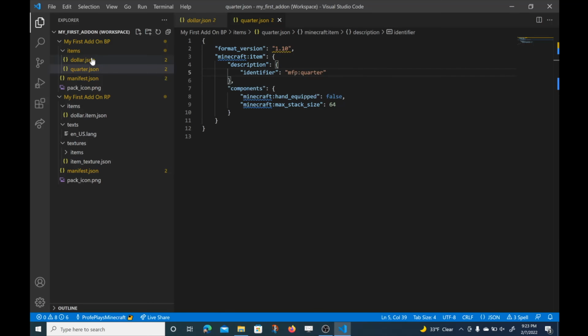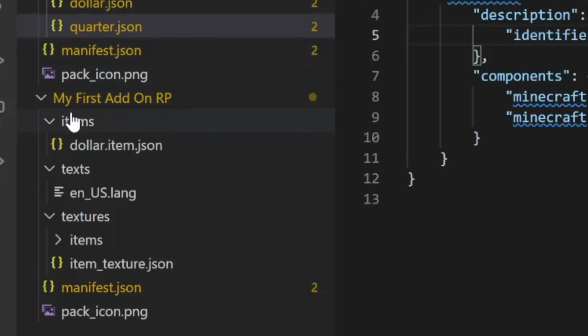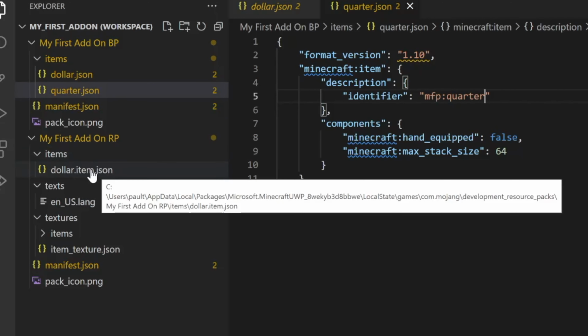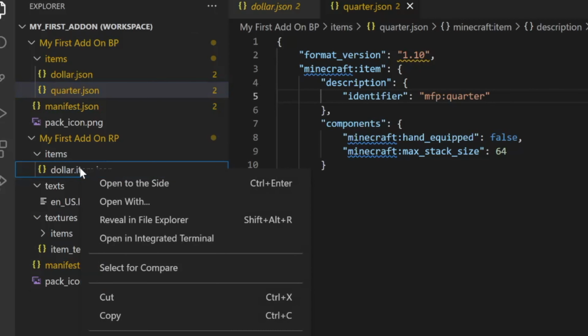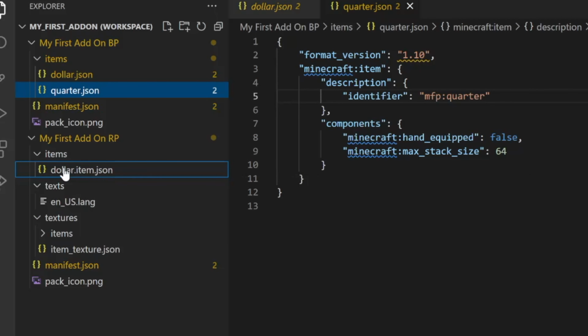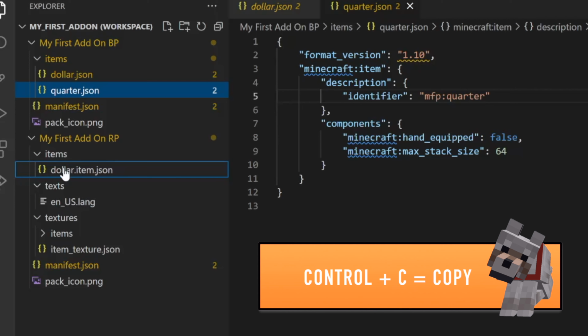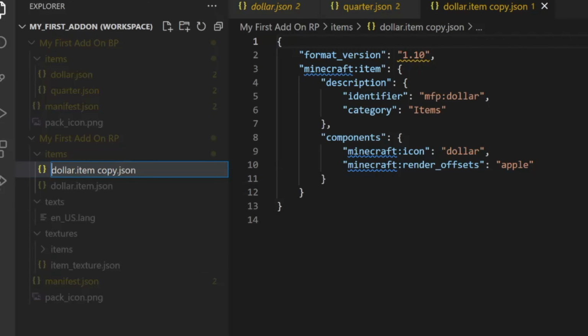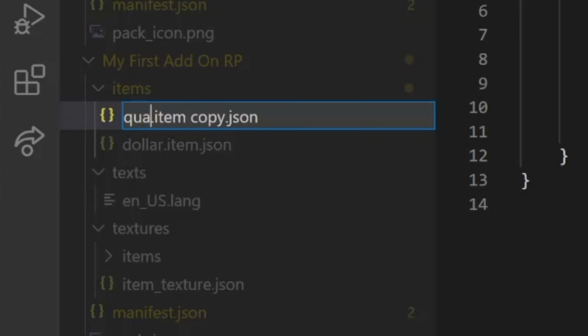That was very easy. Next, I'm going to come down here to the resource pack. Now for 1.10 items, we need a behavior pack file and a resource pack file. So I'm going to take this, and actually I'm going to do Control C to copy, Control V to paste. Let's go ahead and rename it. We're going to name it